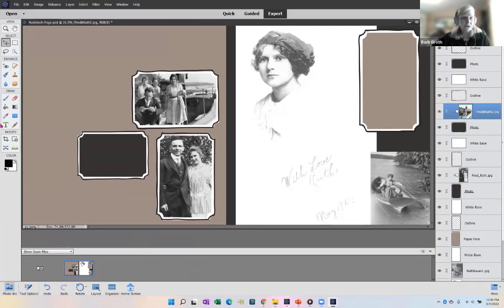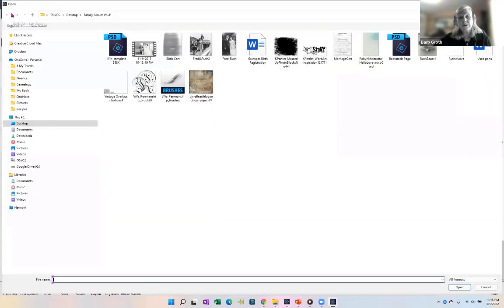The next thing we're going to do is bring in some of those documents. So again, you can go to open. I should mention you can also go up here to file and open, but this is so convenient. I just go right here, and we're going to bring in the certificate and the marriage certificate. Just clicking on both. I'm holding Control, so I only get those two. Open up,